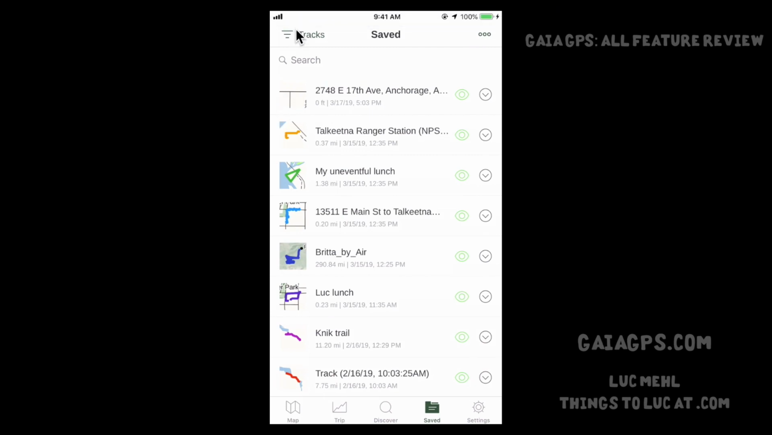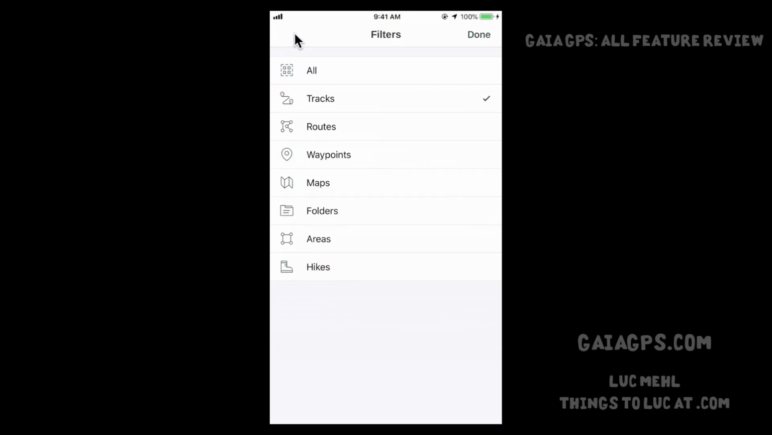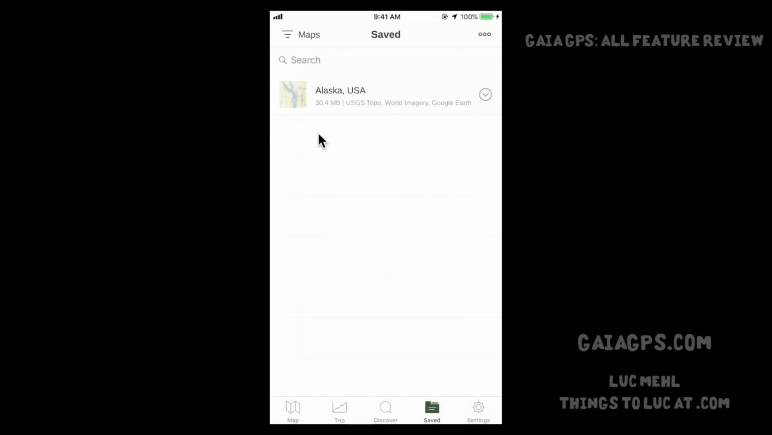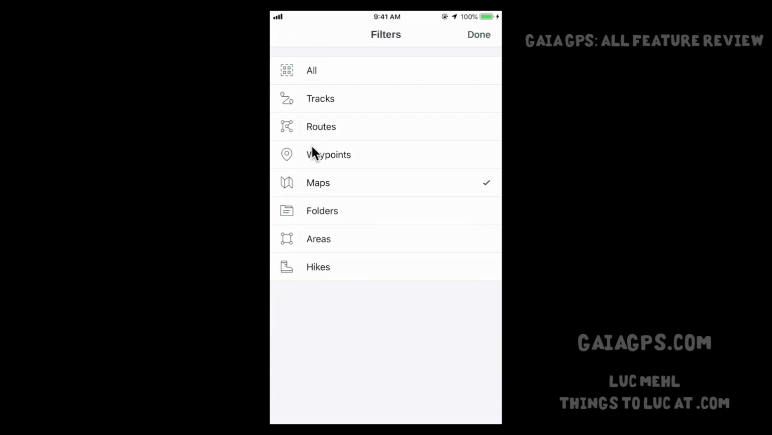Once you hit saved, jump up here to tracks. It might not say tracks, it might say any of these. So it's kind of a subset of saved. This is a valuable one. Like, I'll go into the maps folder and make sure that what I think I've downloaded actually shows up here before going on the trip. Or if I back out,